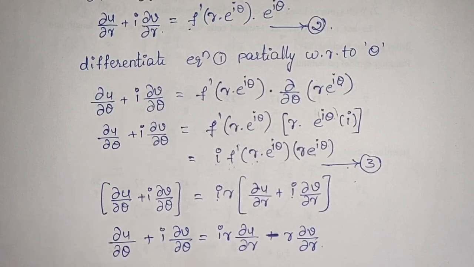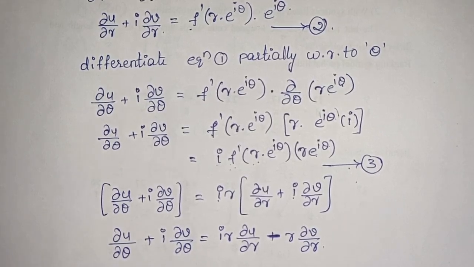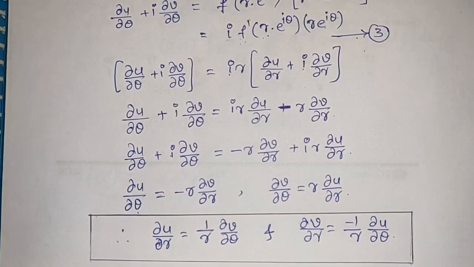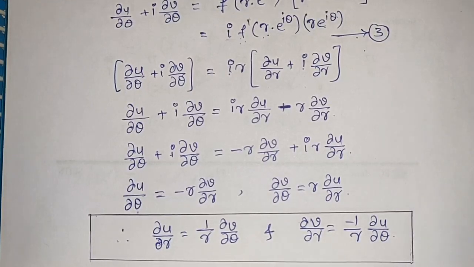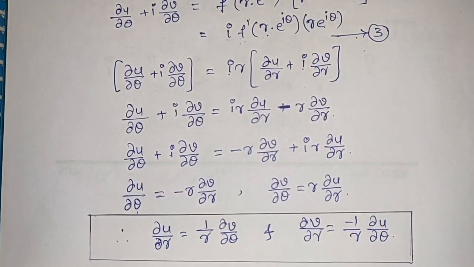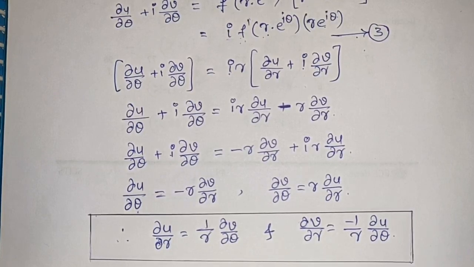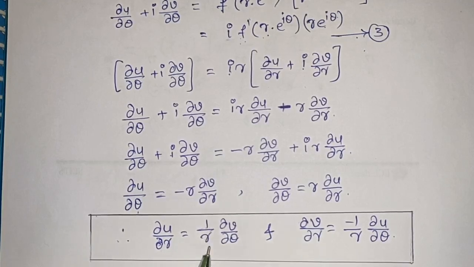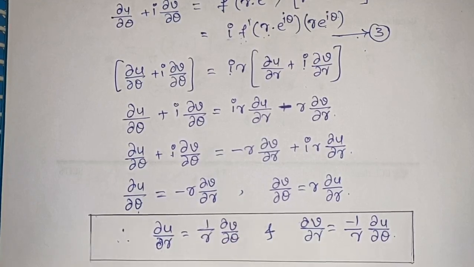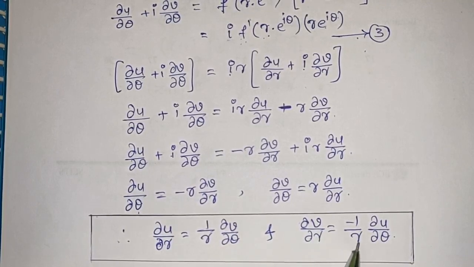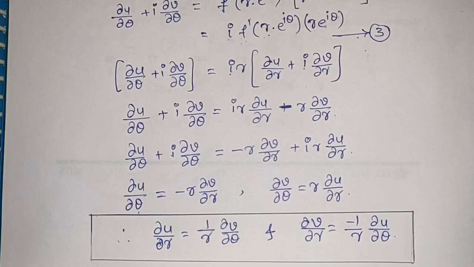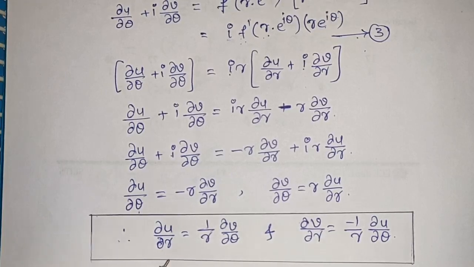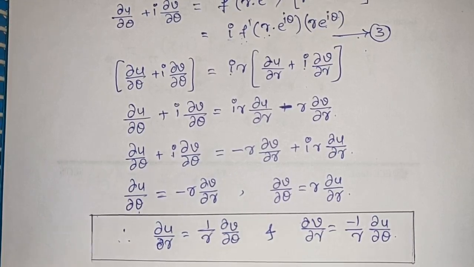So separate the real term and imaginary term. Finally, by comparing the real and imaginary terms on both sides, we will get ∂u/∂r equals 1/r ∂v/∂θ, and ∂v/∂r equals minus 1/r ∂u/∂θ. These are the CR equations in polar form. Okay,